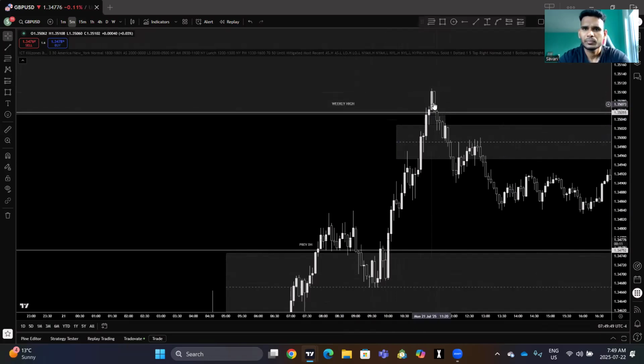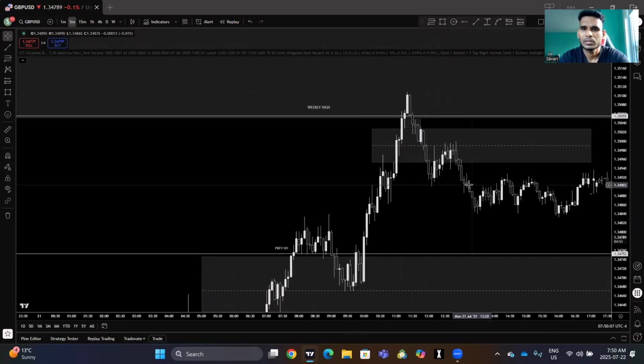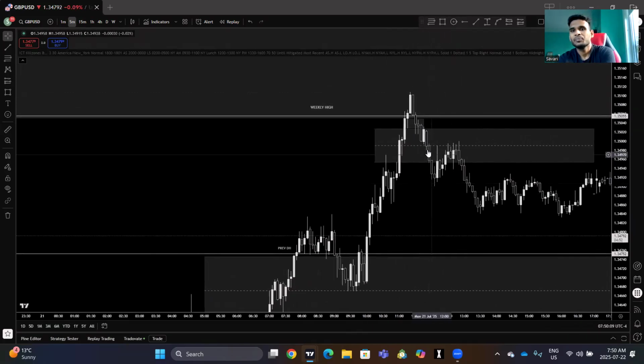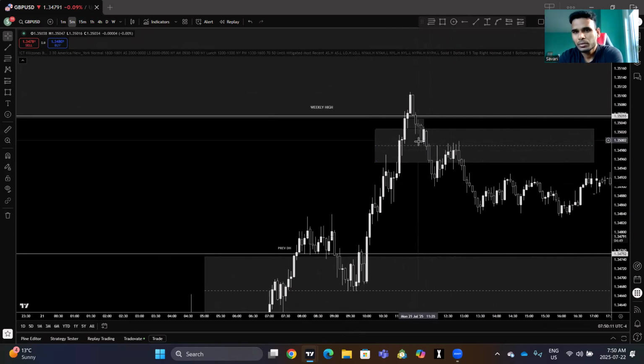As soon as price clears this weekly high and starts to move, even if I'm scared to execute my position on the 1 minute, I should execute my position on the 5 minute flip. 5 minute flip, holding, sell off. I should execute my position here and put the stop at the high. That's what I should do. But since it was a 15 minute time frame, I was scared to execute the position.